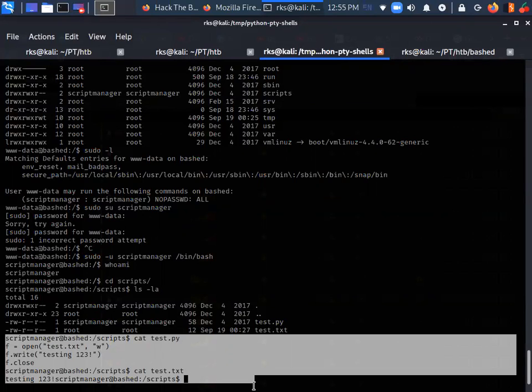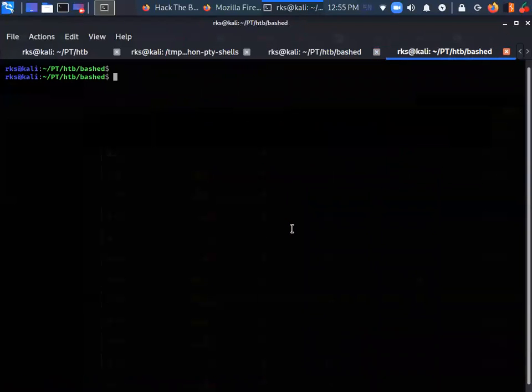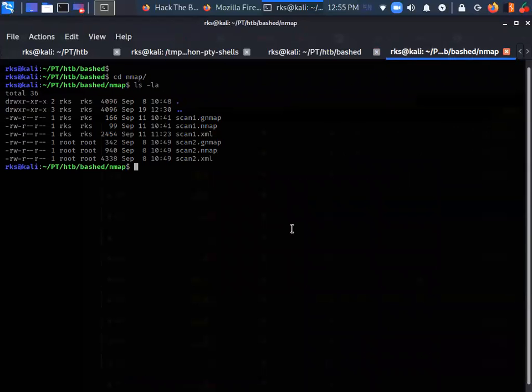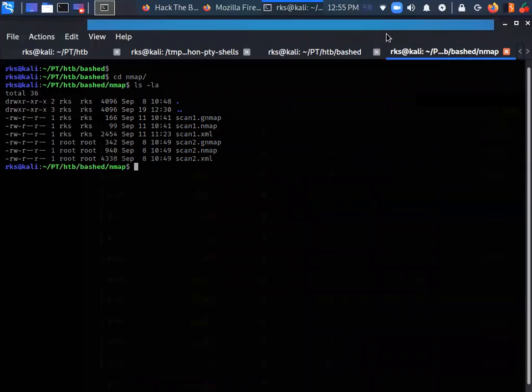Like you can just observe this thing in your nmap outputs. Okay, let's do cd nmap ls -la, and here in this output you can see that whatever commands I ran with the sudo,